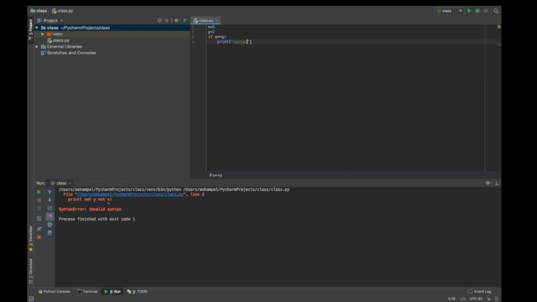So if we do that, it should say nothing, because x equal to 6, not y. If x not equal to y, it should say correct. There we go. And then we'll have elif